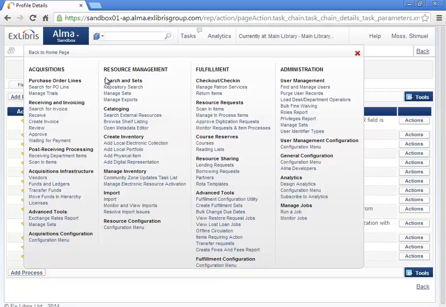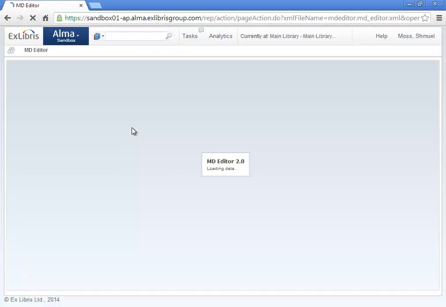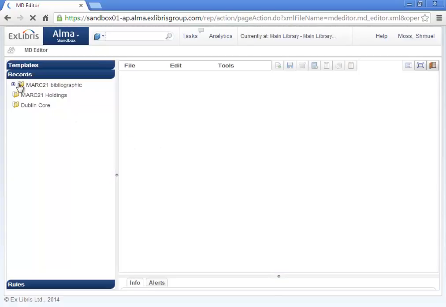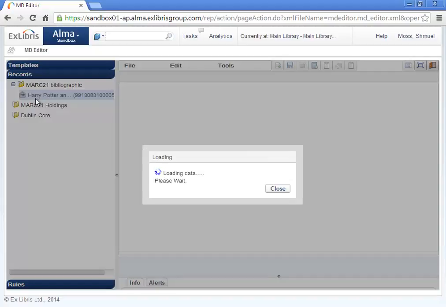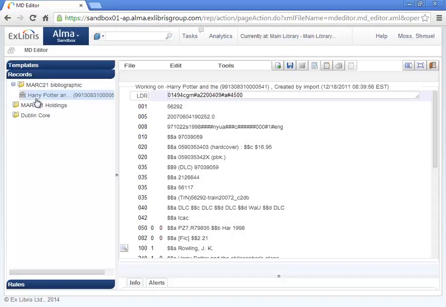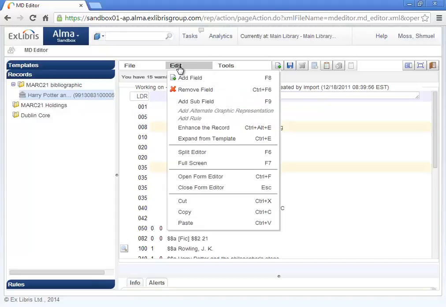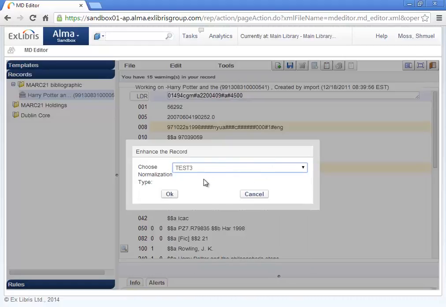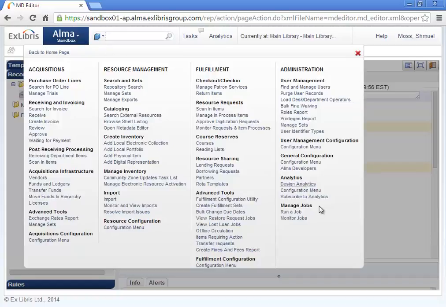Going back now to the metadata editor and opening our bibliographic record, we'll be able to apply this new normalization process to the record without having to open the split screen and then opening the normalization rule in edit mode. Notice here that our new normalization process appears. In addition to appearing here, by virtue of having associated the normalization rule with the process, we can also run